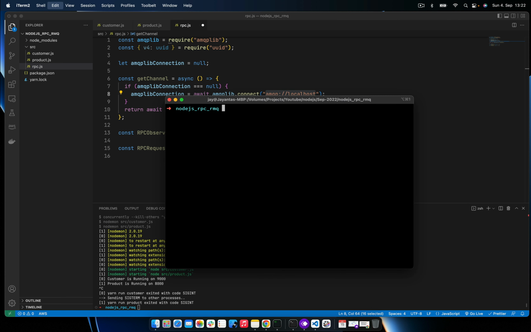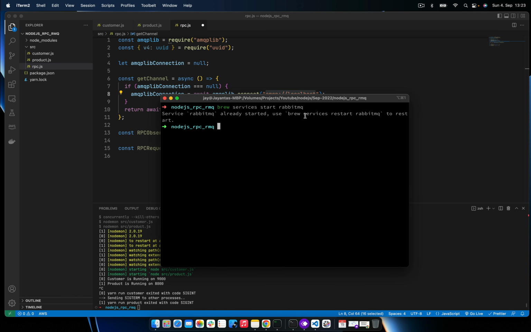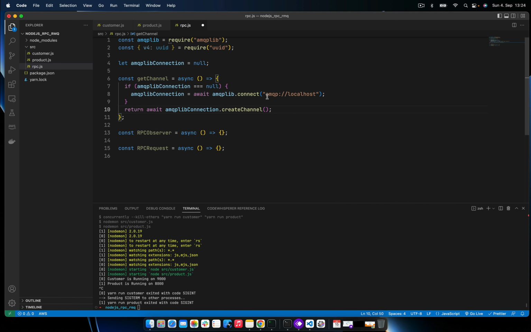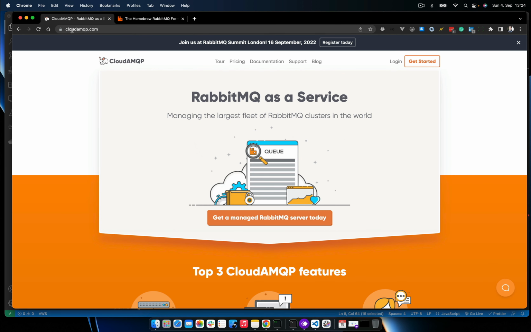In my case, I have already installed RabbitMQ, so I can just start RabbitMQ this way, brew services start. It will take a little bit of time. It has already been started for me, so no need to start again. To stop it, you need to do brew services stop RabbitMQ. If you don't want to use your local machine version, then you can go to the cloud RabbitMQ portal,